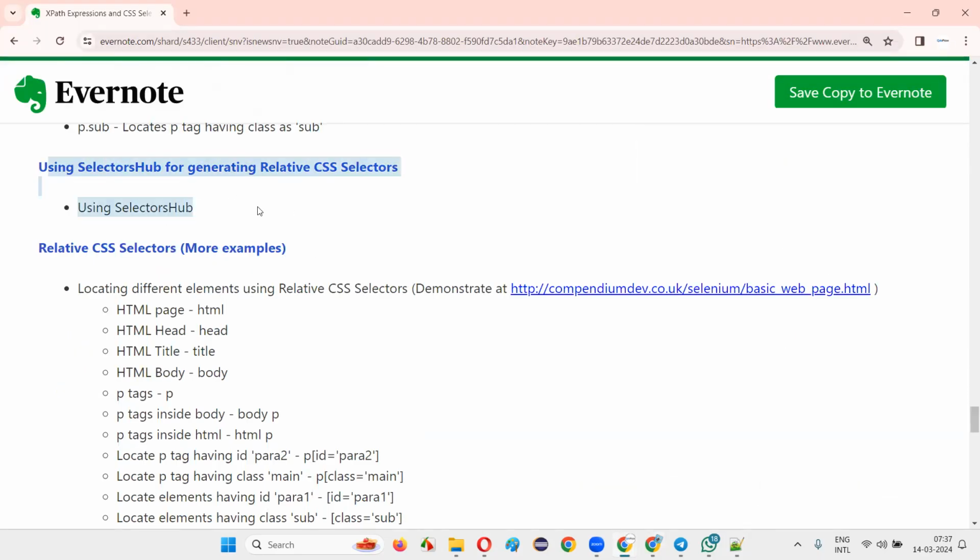So this is the advantage of relative CSS selectors over the absolute CSS selectors. Now coming to more examples,